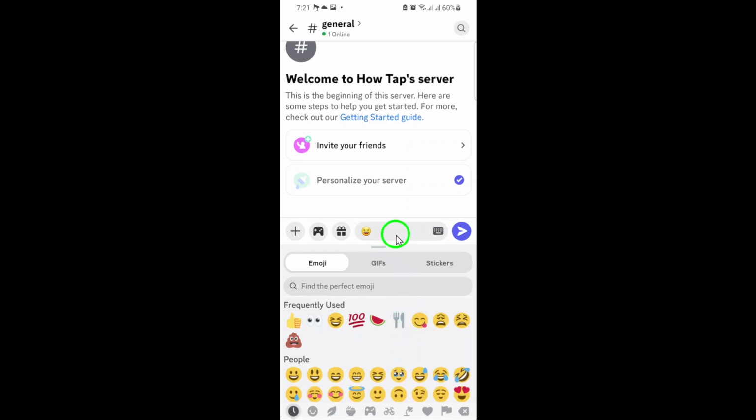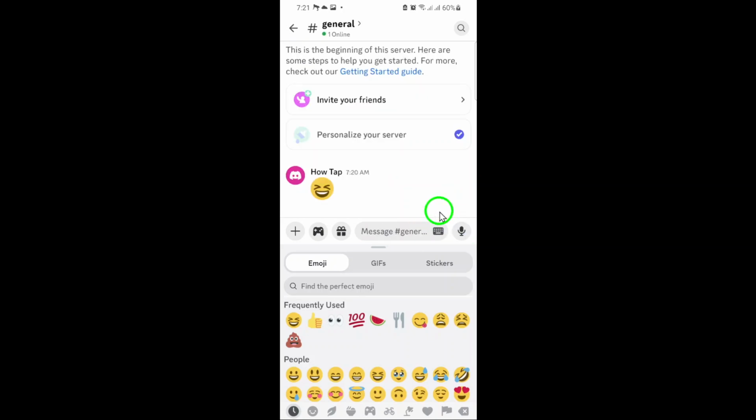Once you've picked your emoji, or even a few, just hit send. Your emoji message will instantly appear in the chat, ready for everyone to see. It's that easy. Emojis are a great way to add personality to your messages, react to friends, or just make